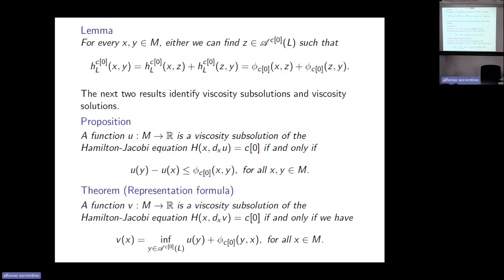And the second thing is that we have the representation formula for viscosity solutions, not subsolutions. Viscosity solutions are identified as satisfying